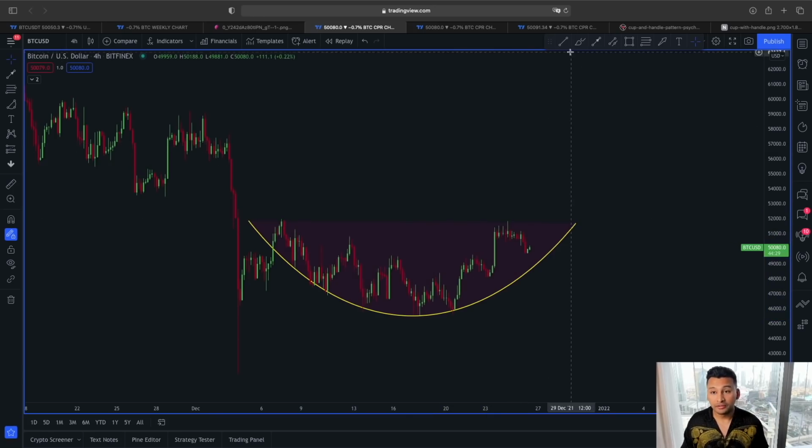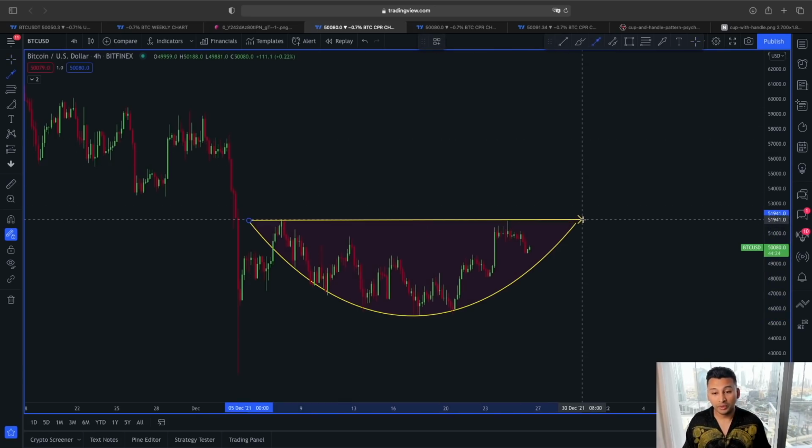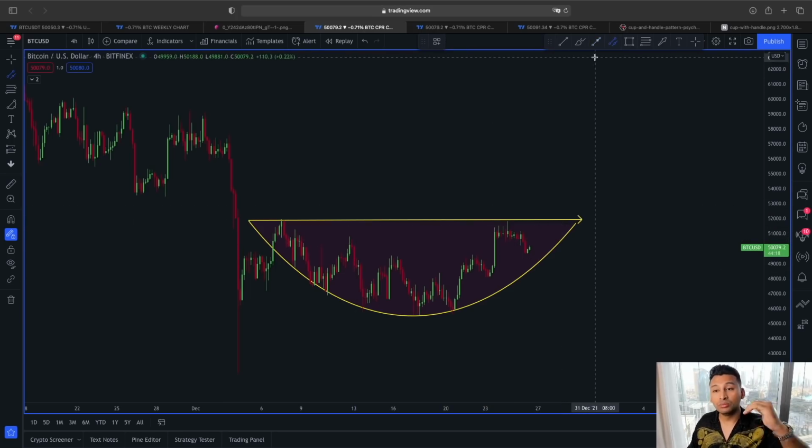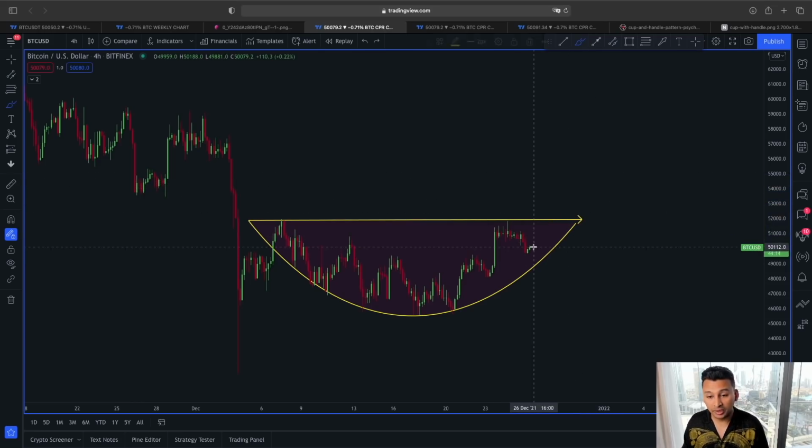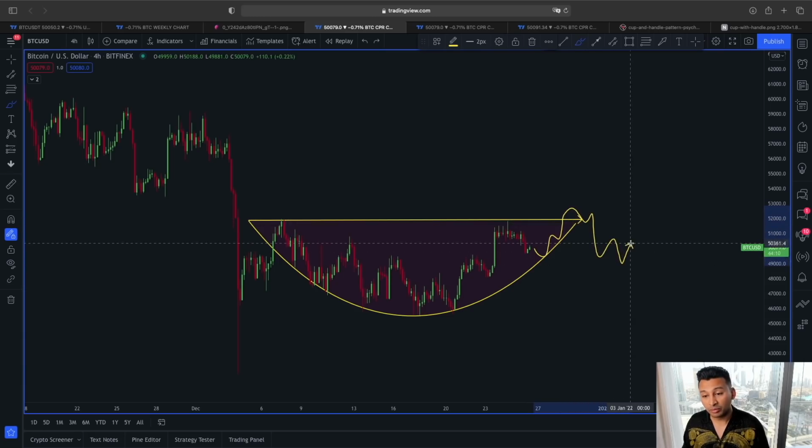So now, if this is going to be a cup and handle type of scenario, then we know, right, this is going to be a neckline. So breaking the neckline will only indicate an actual movement here to the upper direction. Otherwise, the trend of Bitcoin could still see some more consolidation around this range, right? Or even a smaller pullback before forming this handle and starting to break here to the upper direction, because according